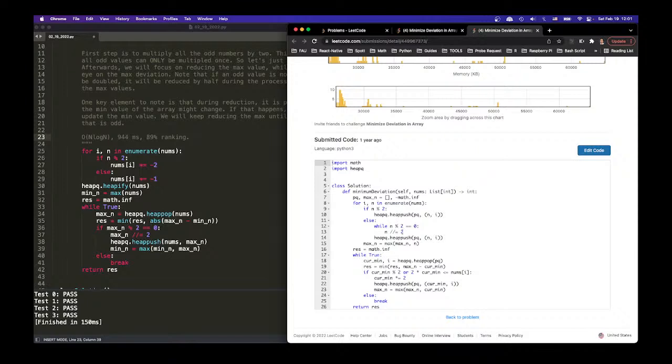If not, I divide by 2. Wow, true. Or pop min. I use a min heap, so I get out the minimum value. If this